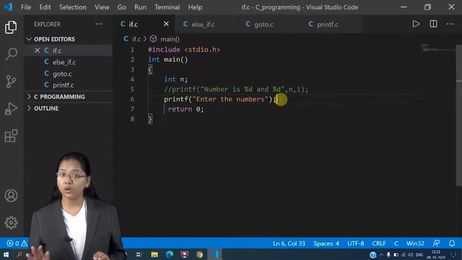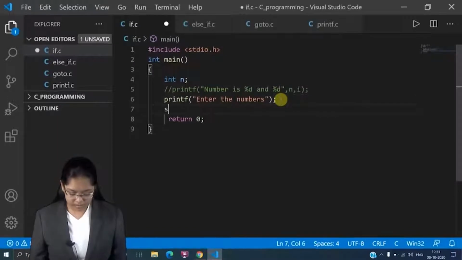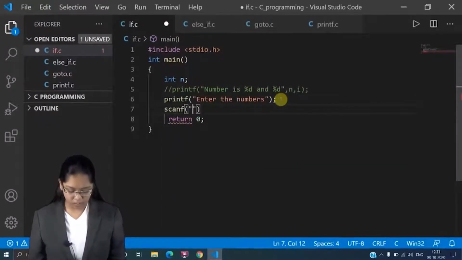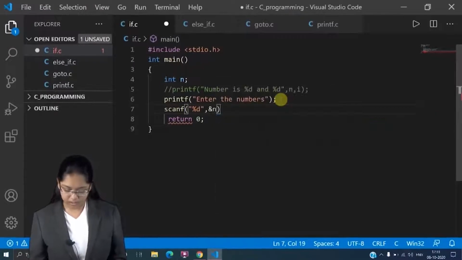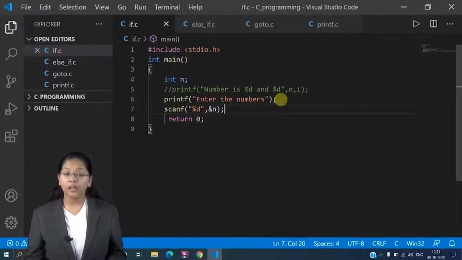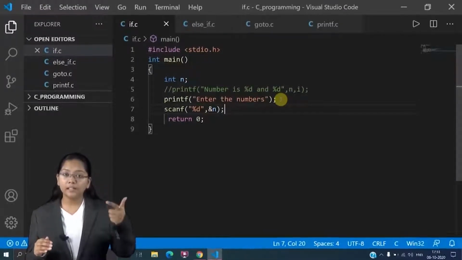Now here I don't want to print any value. I'm just printing the statement over there, so there is no format specifier, right? Now in scanf, what I want to do is take the number as input from the user as well as store it in a particular variable. Firstly I have initialized a variable, right? Now, enter the number means the user will enter the number.